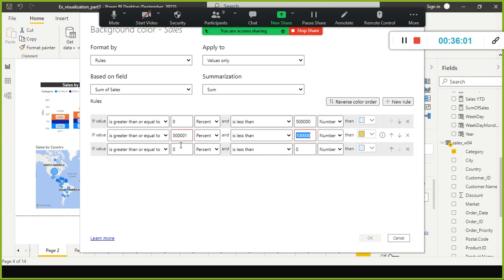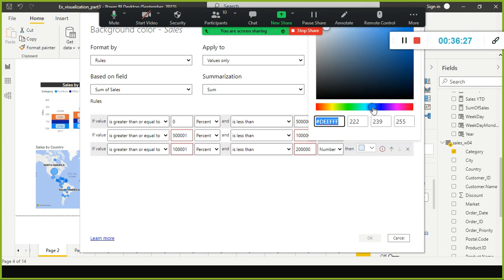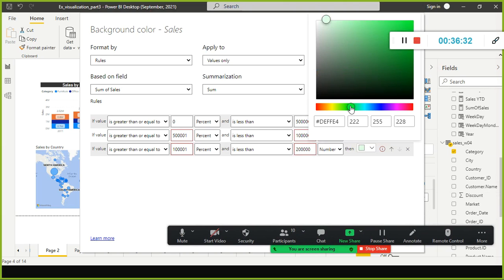So what mistake did I do here? This is the one, anything above 10 lakh 1, and here, say green color. Green is not available here. What will you do now? Select more colors, and with this you can find out the green color.